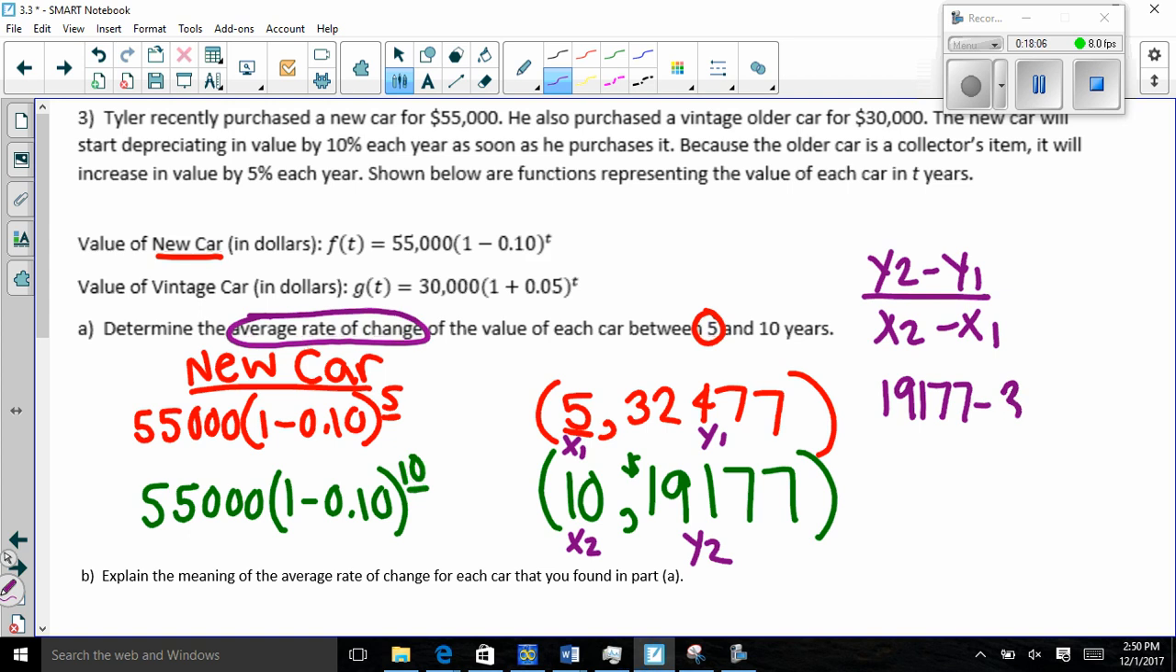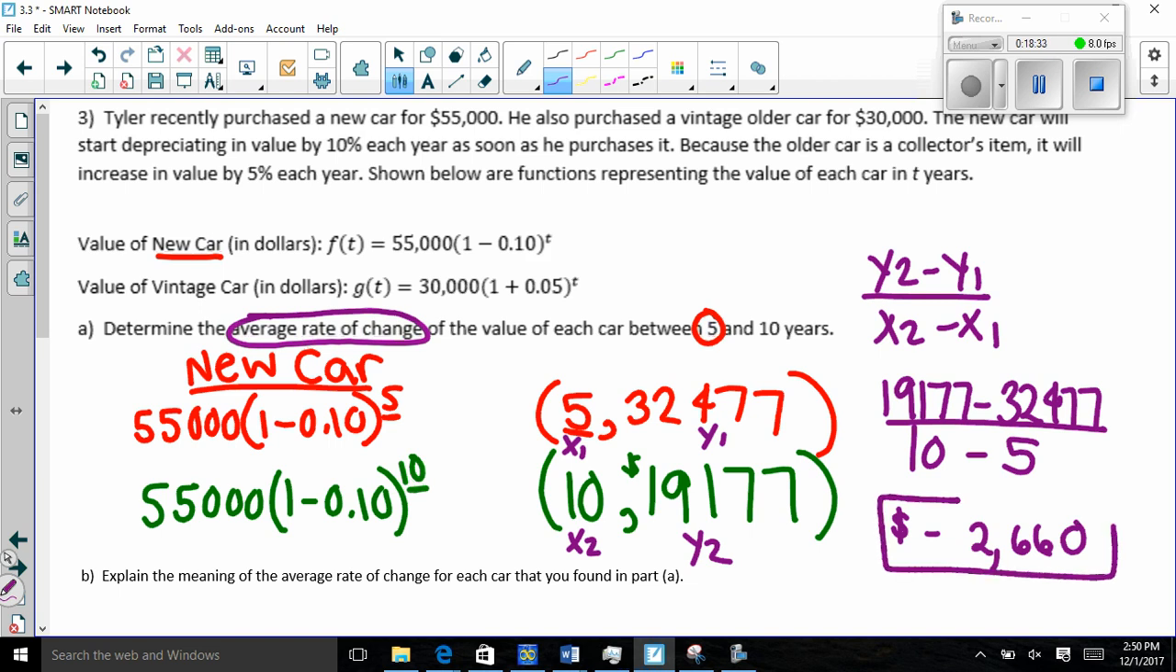19,177 minus 32,477 over 10 minus 5. And I should be getting a negative slope. You can see the car's depreciating, and so if the car's depreciating, my slope should be negative. When you do that, you end up getting negative 6,600, which means when I have the car for 5 to 10 years, each year on average, it'll be decreasing